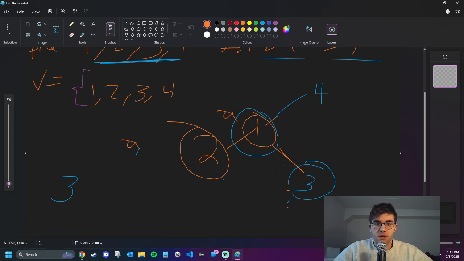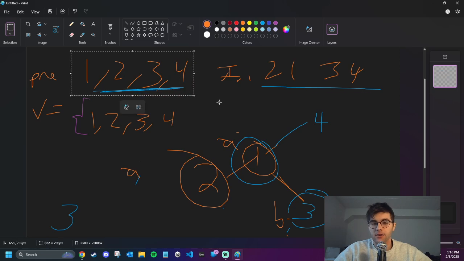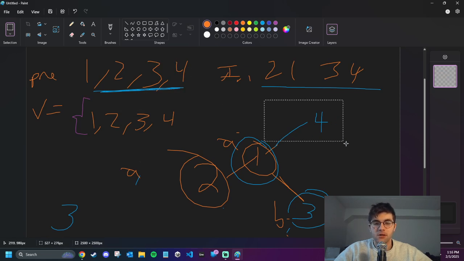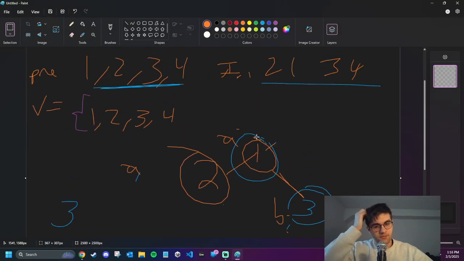So then you have B, and we know we've seen 4 before, so that means it's not higher, it must be lower. So then we get this tree, 1, 2, 3, 4. Okay,